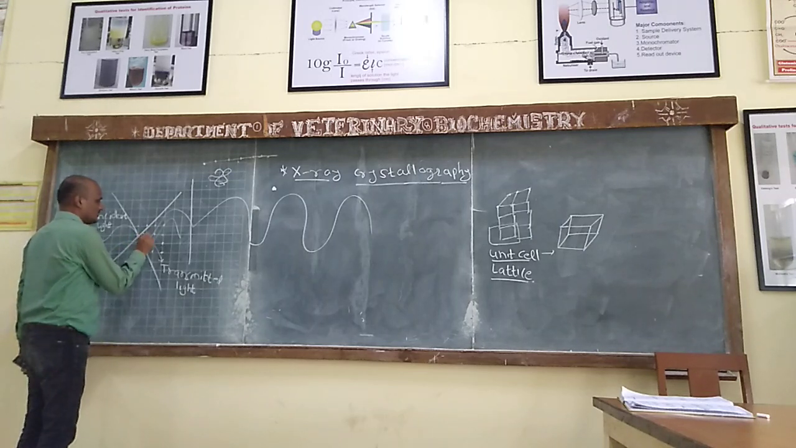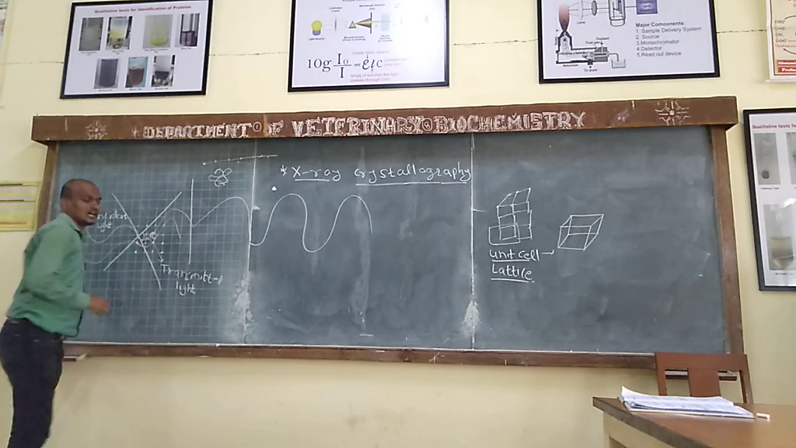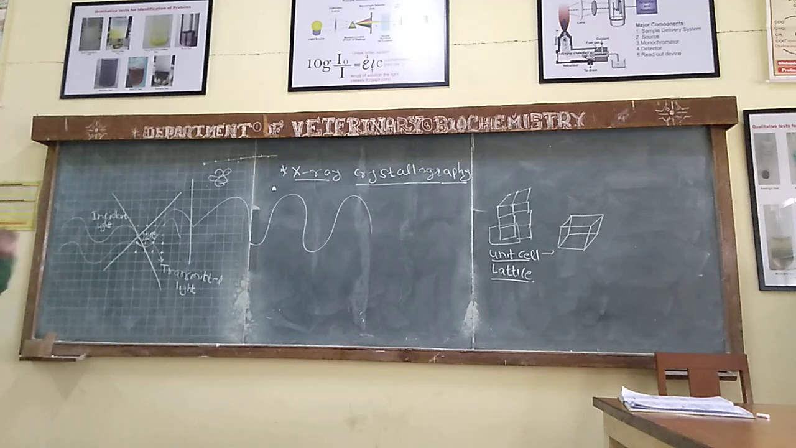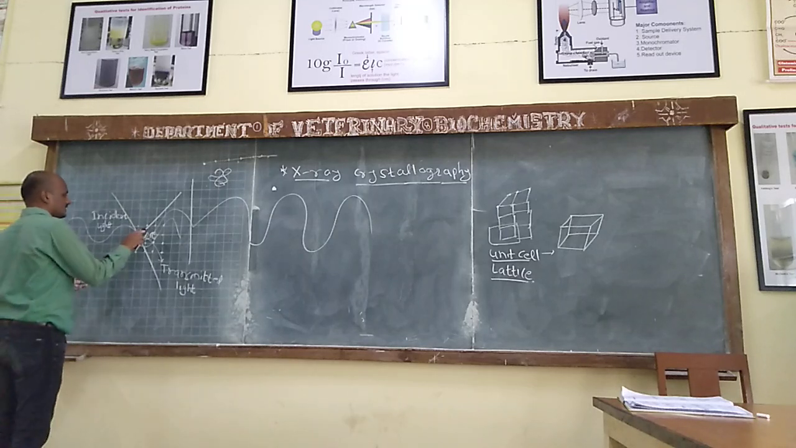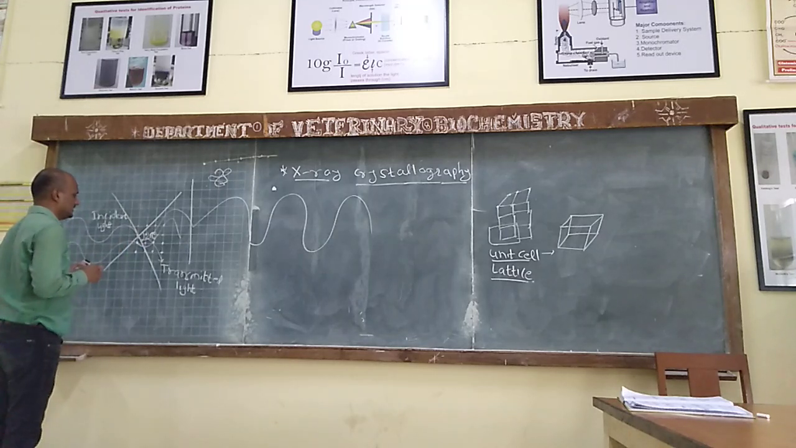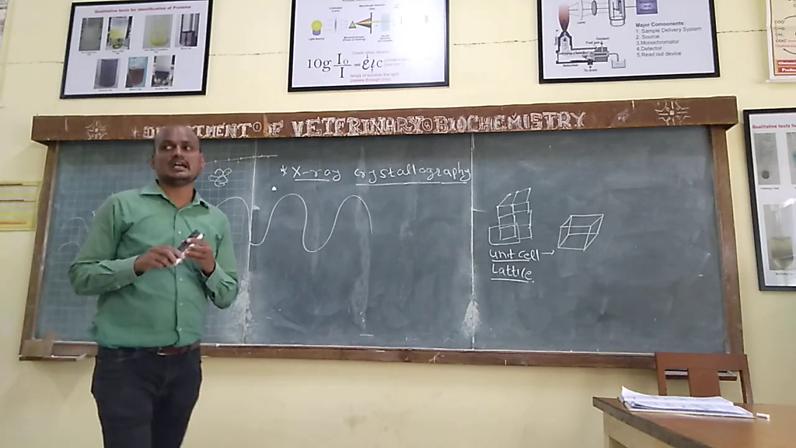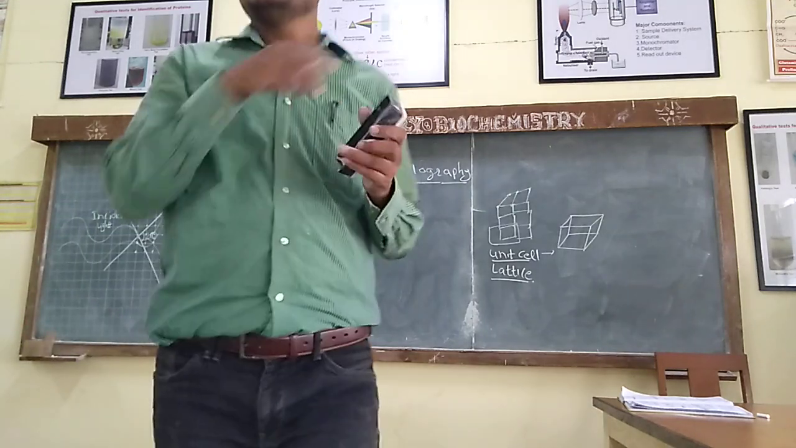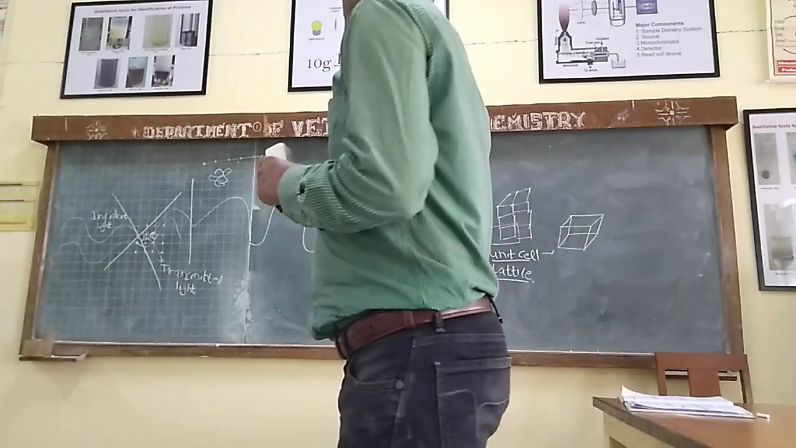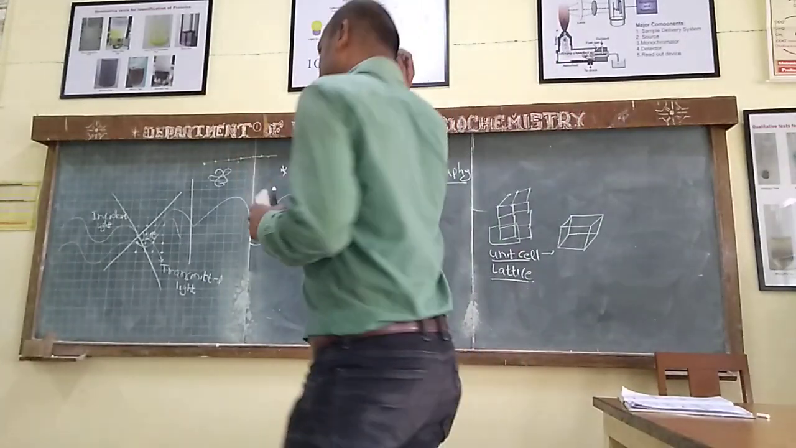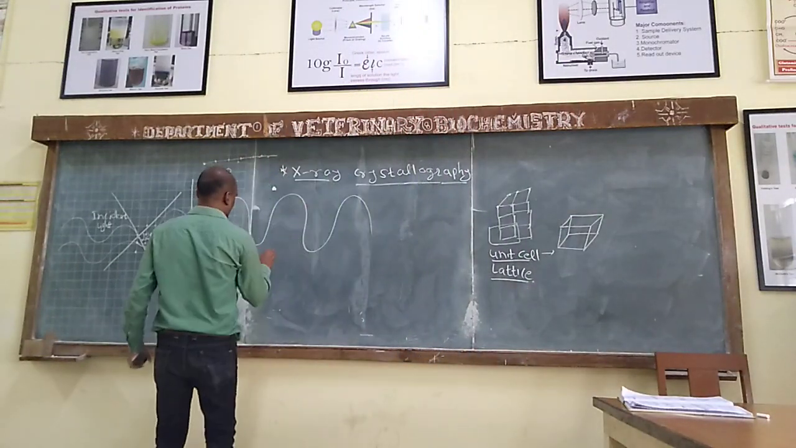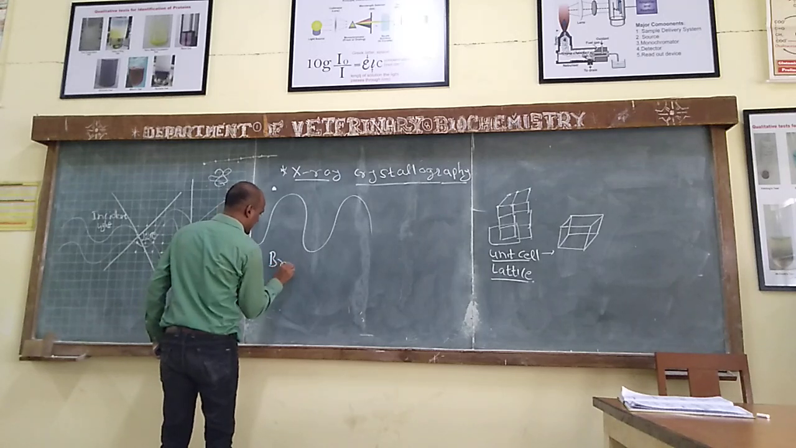This angle we call 2 theta. So this angle is a 2 theta angle. Okay. And now, 2 theta angle is there. Next, from this 2 theta angle, we want to determine the wavelength. There is a law, Bragg's law,